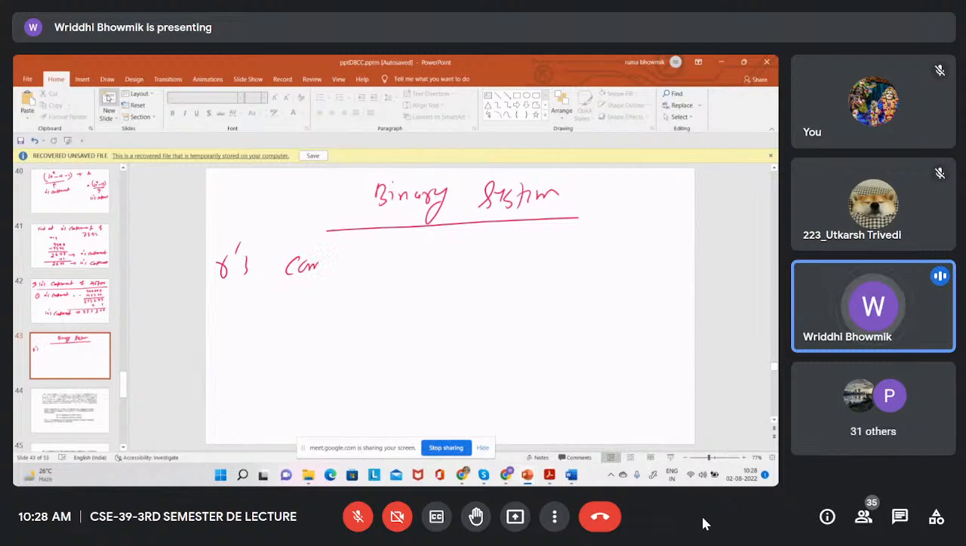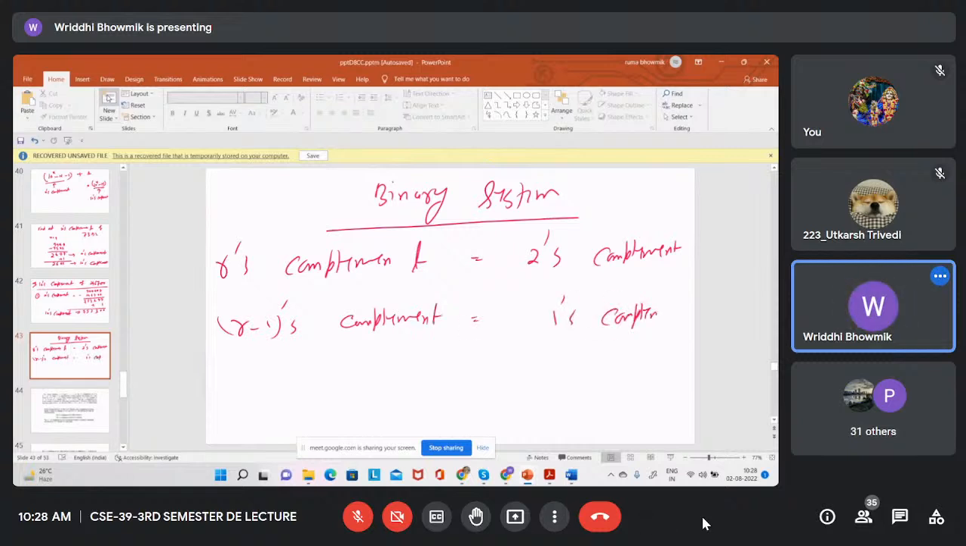the R's complement is actually the 2's complement, and the (R minus 1)'s complement is actually the 1's complement, because small r is equal to 2 in this case. Okay, so